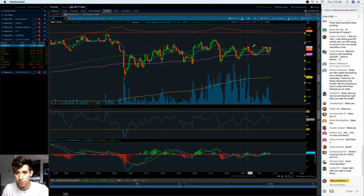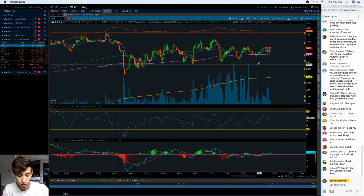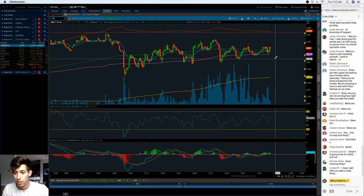And if you could see, for the past at least 30 minutes to an hour around this general area of 2471 and 2472, it's been building a pretty strong resistance. So we're either going to see a push up or a push down, and I'm going to have to trade according to that. So yeah,